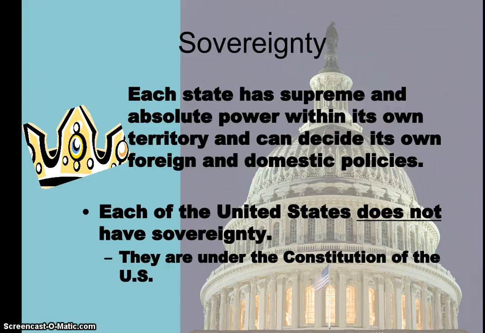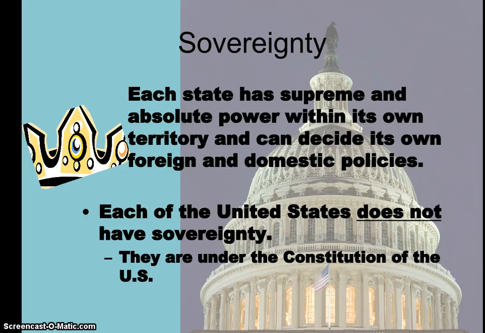Right, sovereignty. This is the one that is the most difficult to understand, really. But it just basically means supreme power. All right, so again, one of my little tricks, the S for sovereignty means supreme. So if a country or a state can make laws without having to abide by any other laws, without having another country or another government have more power over them, then they have sovereignty, right?